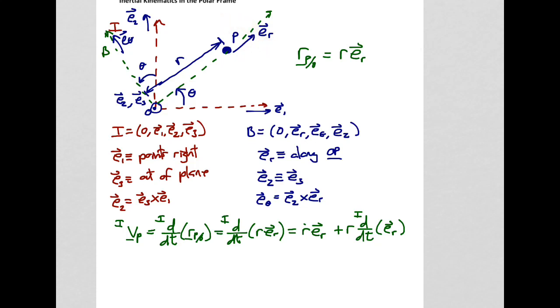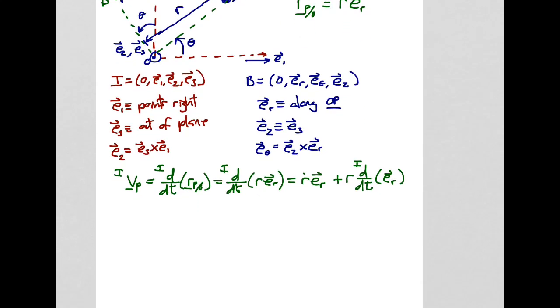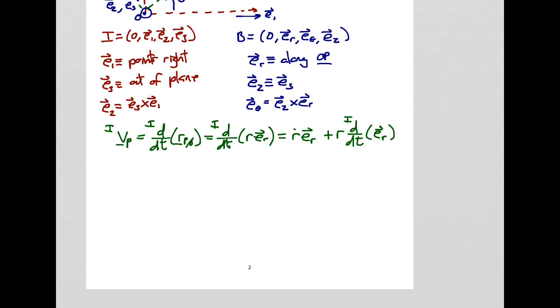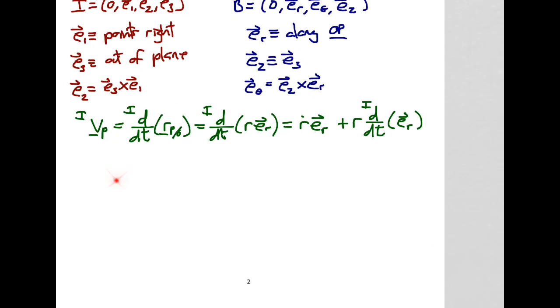So it does have a time derivative, and we need to take care of that. With a little bit of work, and you read about this in the book, and we'll deal with this in class as well, we can see that